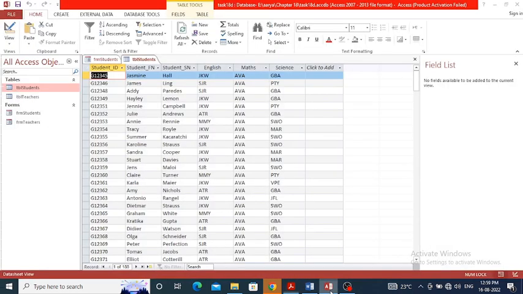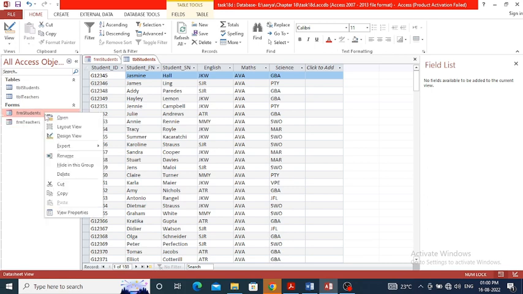So here is task 18E, in which we have created two forms named FRM student and FRM teachers, and we have already created two tables, that is TBL students and TBL teachers. So here we are going to edit this form student first, and then we are going to edit form teachers. So form student first I'm going to edit, so I'll open